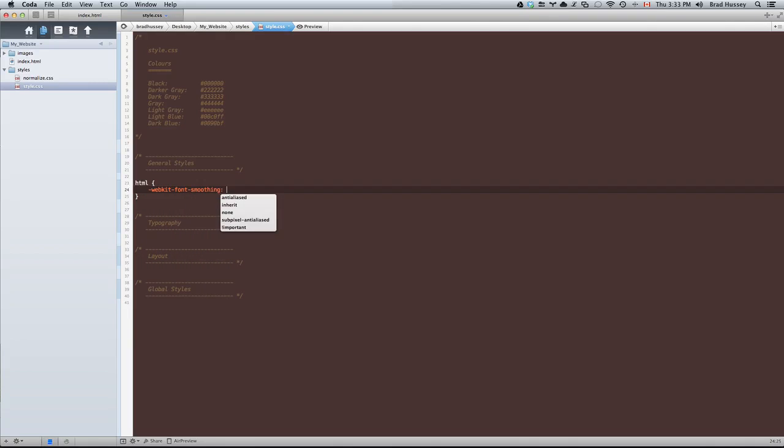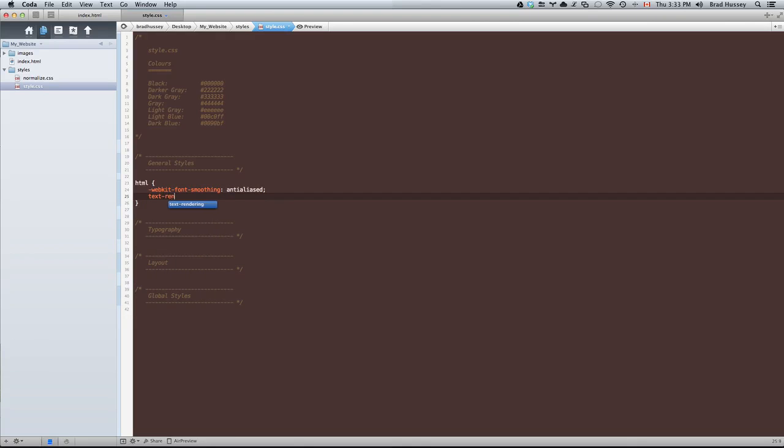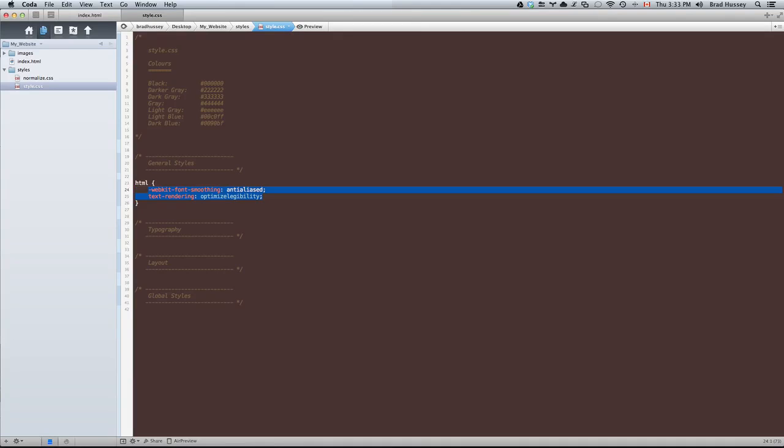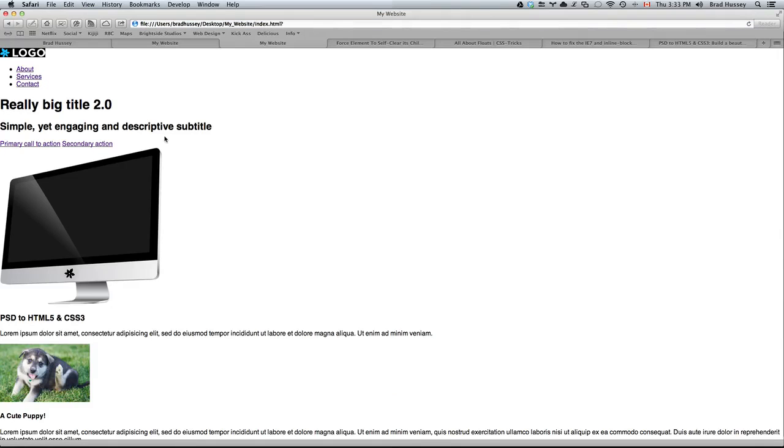WebKit font smoothing, anti-aliased, and text rendering, optimize legibility. What this is going to do is anti-alias and smooth out the text, at least in, here, let's fix that red. Okay, at least in Safari and in Chrome. It might also work in Firefox, but basically in those two browsers, you can see here the text is a little bit chunky. You might not really notice it, but if you pay really close attention to what happens when